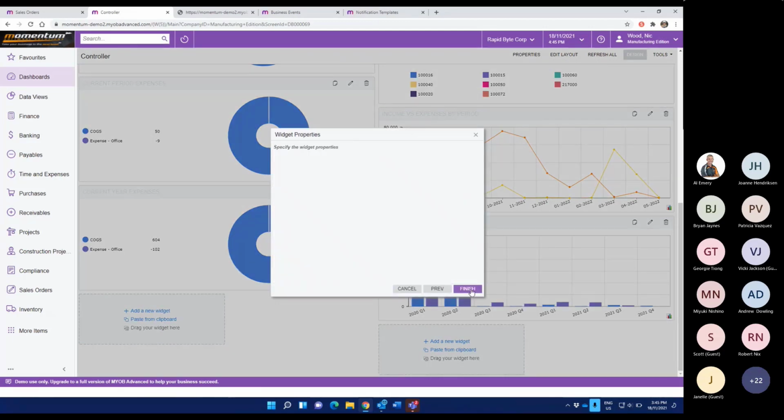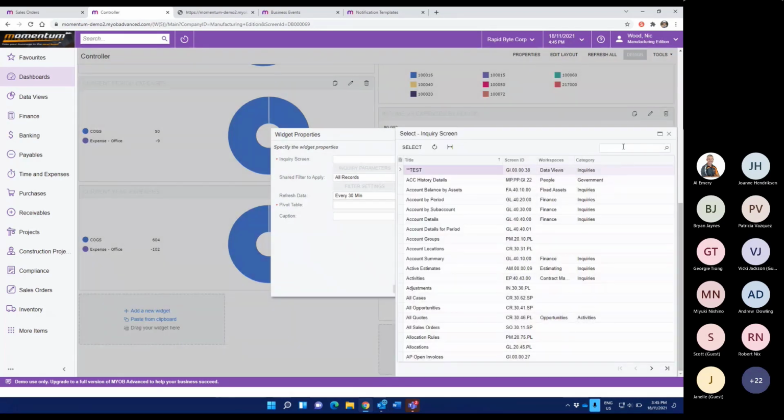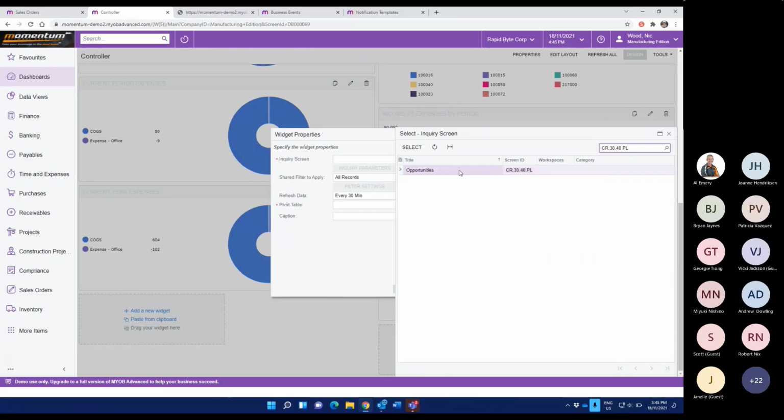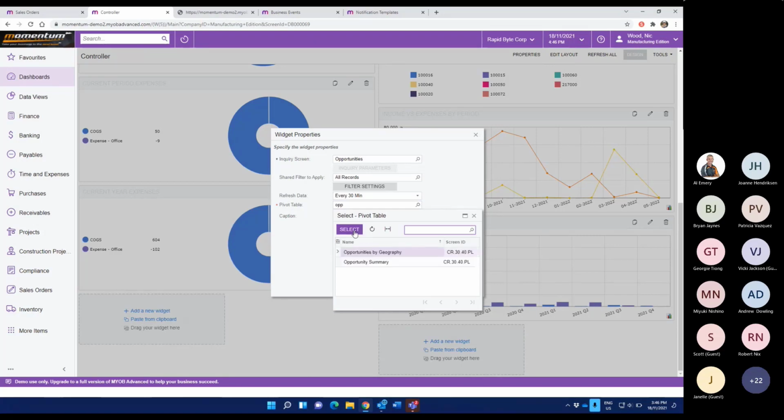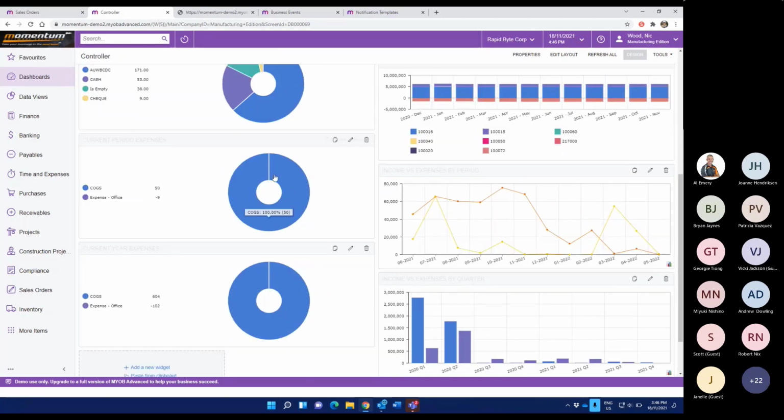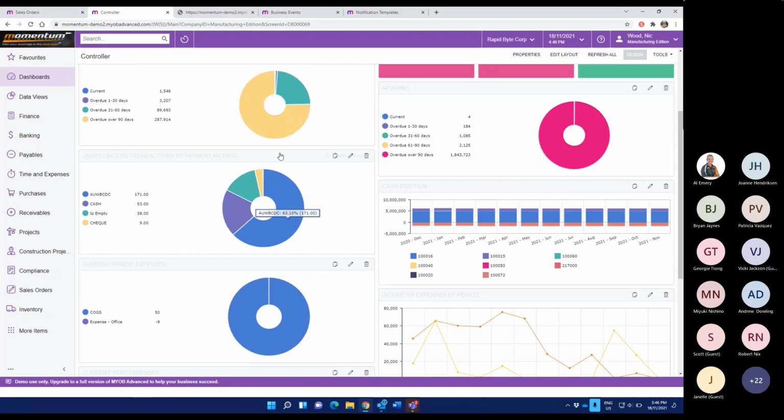Technical issue there. Move on from that one. Just not letting me add that, but that is essentially what allows you to see that pivot in there.